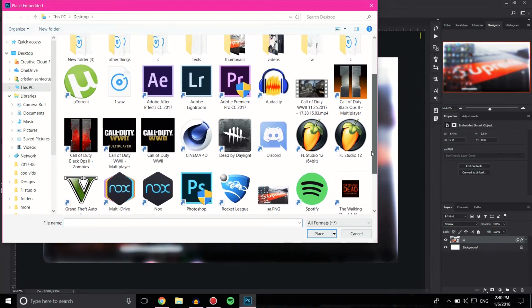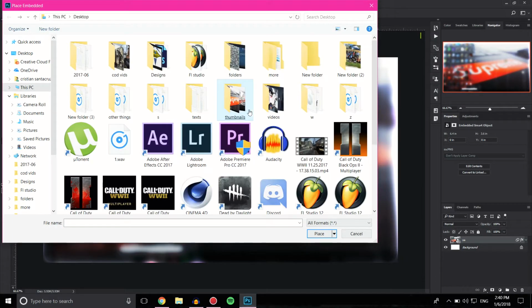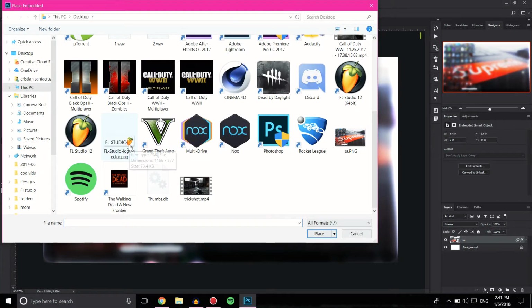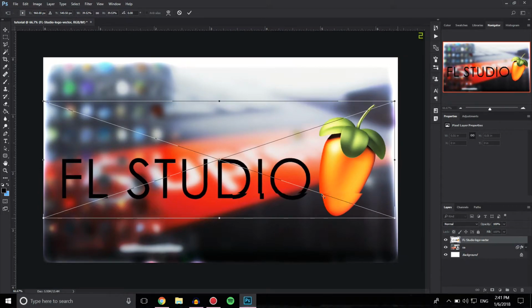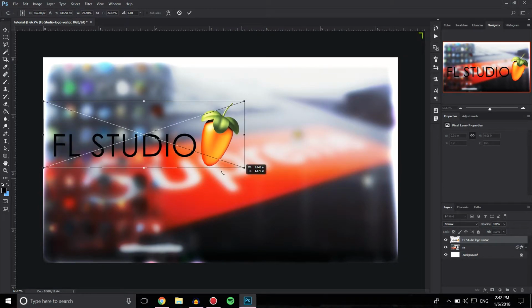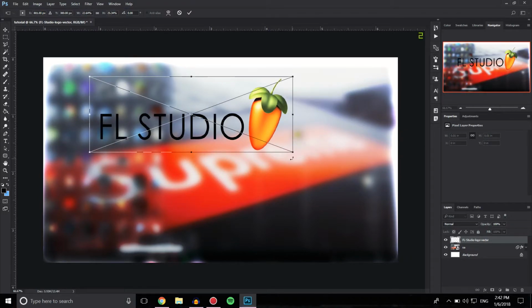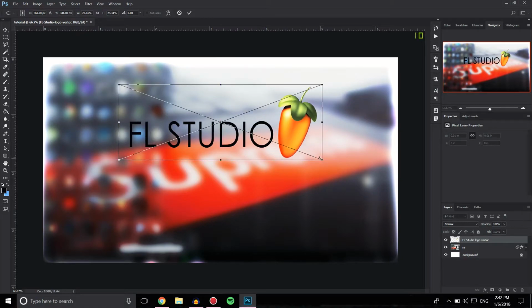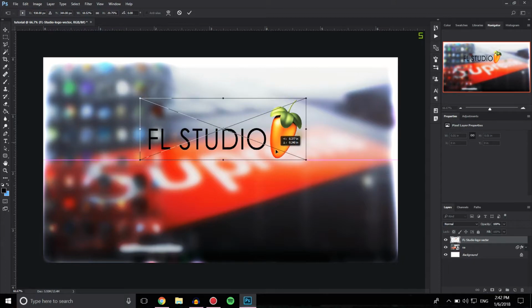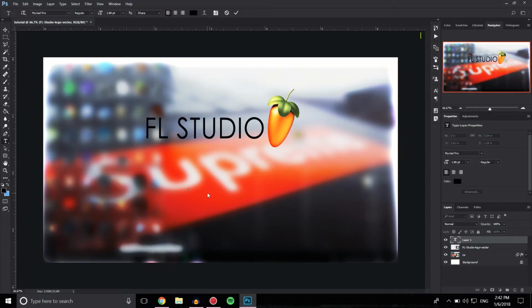Actually, first I'm going to place the FL Studio logo. And then I'm going to resize it. You don't want to have it super big because it just doesn't look good. You want to have it not too small but not too big, like a medium size. There you go. For this one, I'm going to be putting FL Studio for free, Producer Edition 2018. So FL Studio, and then I'm going to put 12, and then click on this, resize it,